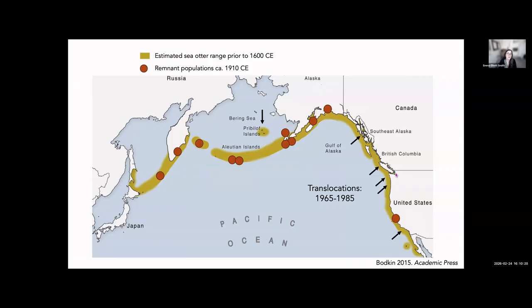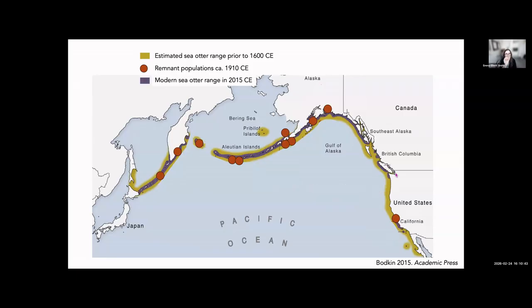Then in the mid-1900s, following some landmark legislation in the US and Canada, conservation efforts to bring the species back got underway, and scientists began translocating sea otters from these surviving groups to other parts of their former range, which is denoted here by these black arrows. Some of these reintroductions were remarkably successful, while others never took hold. And then today, bringing back that purple geographic distribution band, you can see that sea otters in Alaska and British Columbia have recovered, for the most part, their pre-fur trade distribution, but big gaps remain. And this patchy recovery